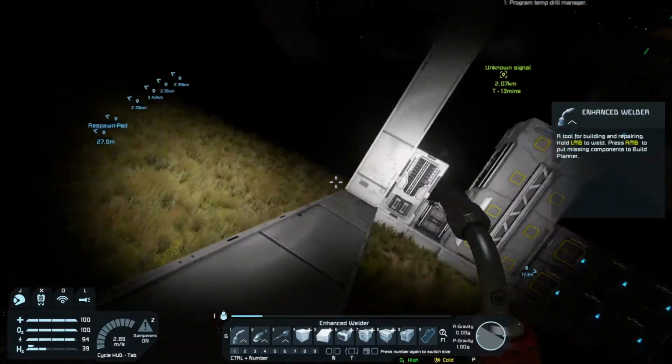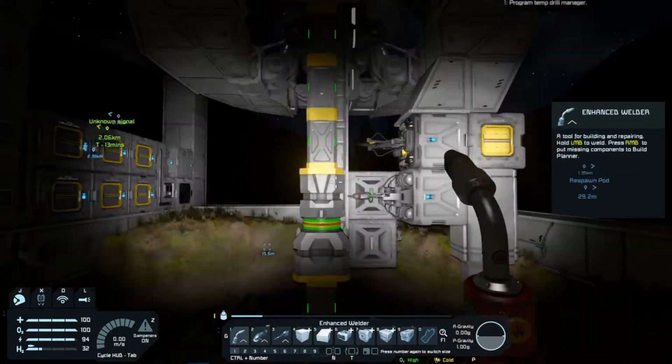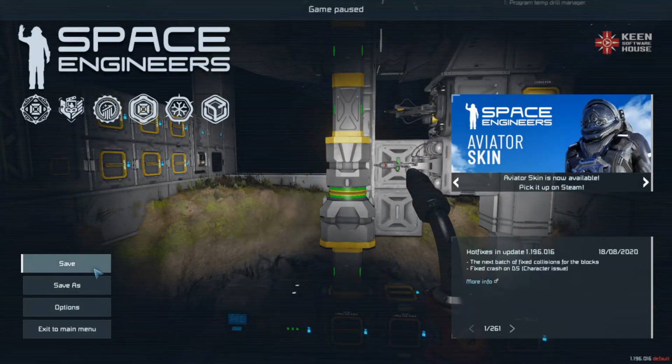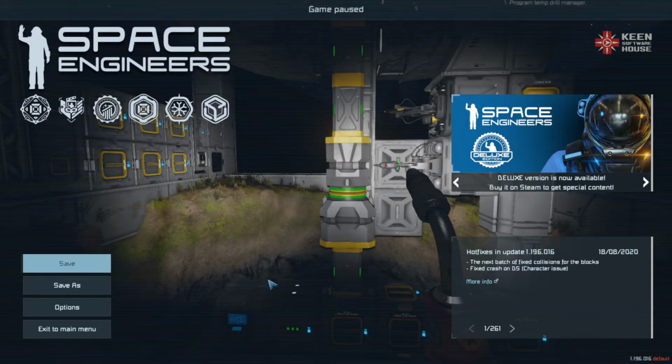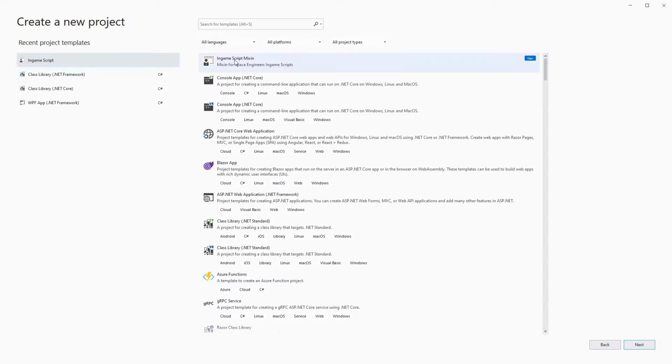We want to get started on the programming. So what I am going to do is, let's exit, save how we're currently doing, and then we will switch to Visual Studio. So here we have the project wizard, and I'm going to create a new project. This was a little experimental project, and what we're going to do is come in here, make a new